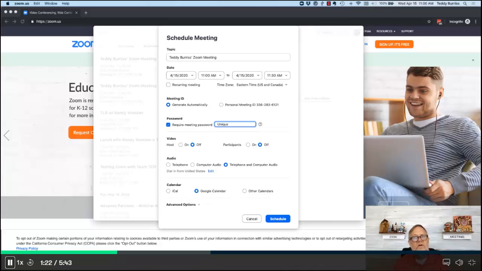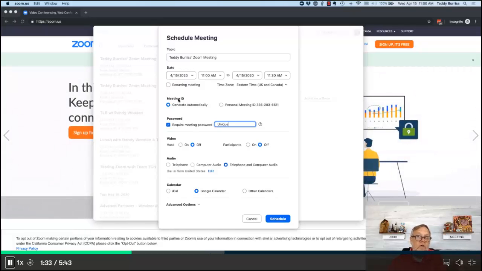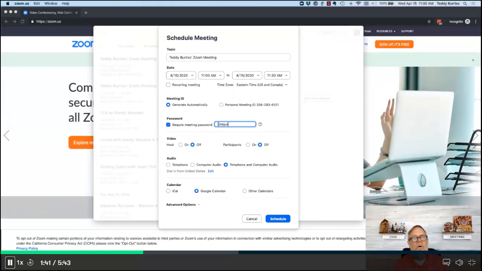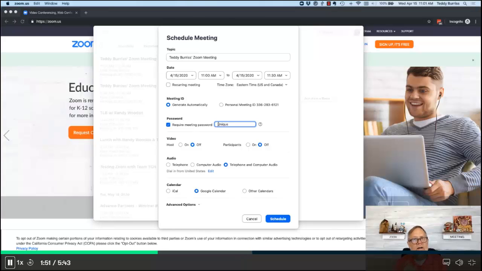The reason you put a password is so that hackers and problematic people out there trying to find your meeting ID can't find it, or if they do, they can't get in without the password. By the way, the password will be encrypted and it will be included in the URL that you share. Therefore, what I recommend is that when you share your meeting ID, you share it privately, targeted to the people